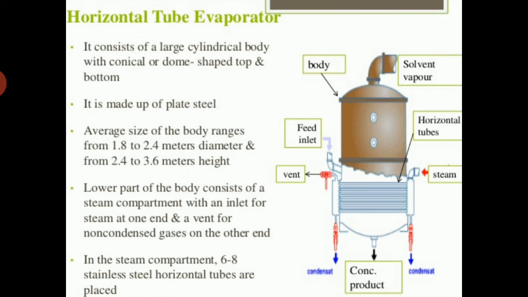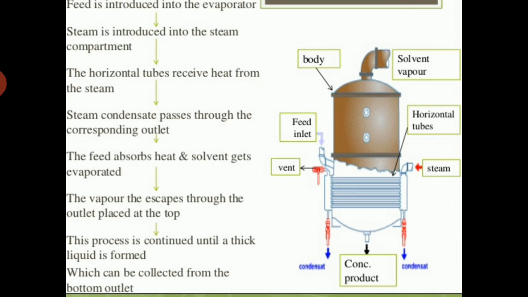The kettle may be fixed or made to tilt. A kettle of capacity up to about 90 liters may be made to tilt, but above that capacity, the weight of the pan along with its contents becomes too great to tilt. Hence, the bottom outlet is used to collect the concentrated product. Uses: the evaporating pan is suitable for concentrating aqueous and thermostable liquor, for example, liquorice extract.